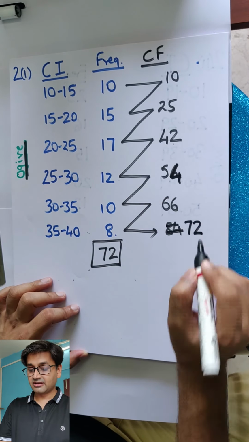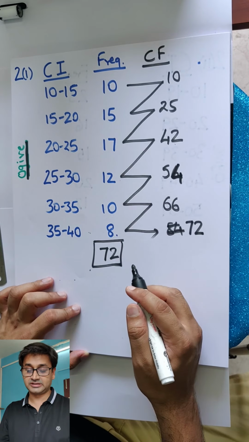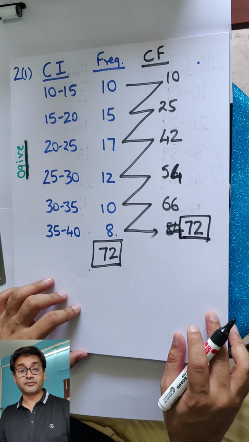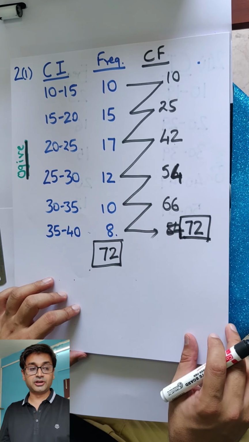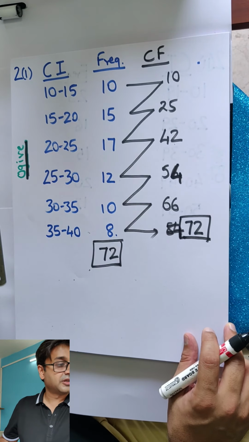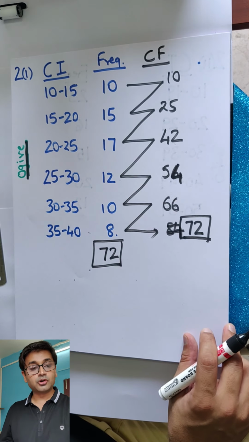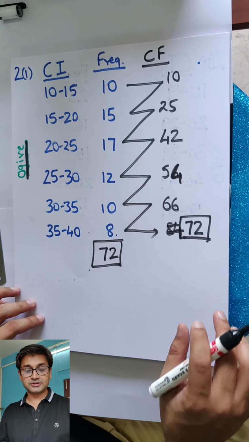See, this helped me to check my values, otherwise my entire graph would have got messed up. You should always cross check. Good, I made a mistake, so that we learn from it, everybody. So I got 72. Now let's hit the graph. So let's see how we are going to work with the graph paper. Before you go on to the graph, couple of instructions.